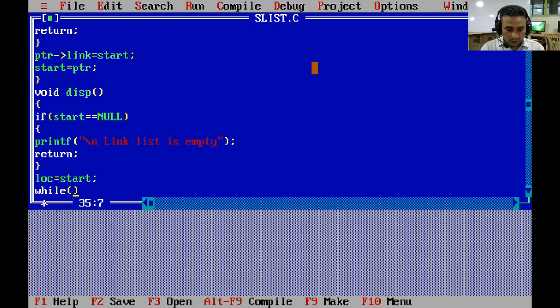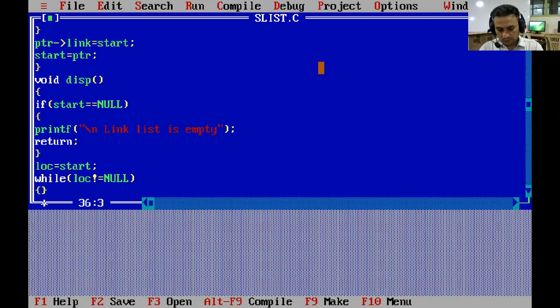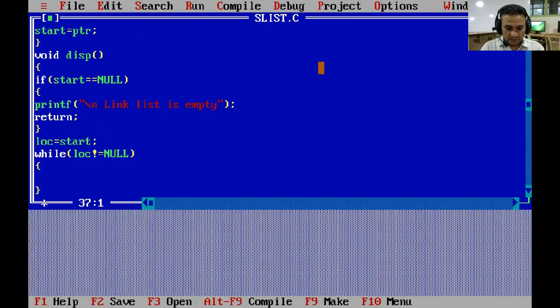So we are using a while loop, until log becomes null. In this loop we have to print the information part of the node. So we write printf("\n%d"), and I think here there is no need to write \t for providing space on the same line.